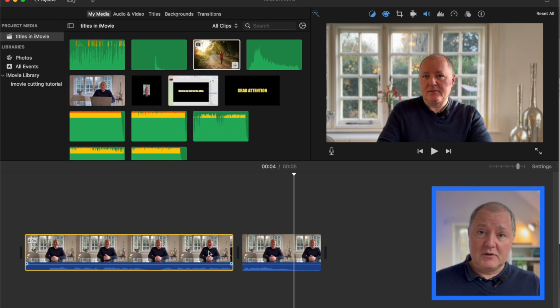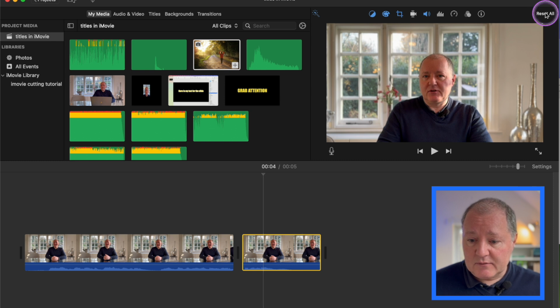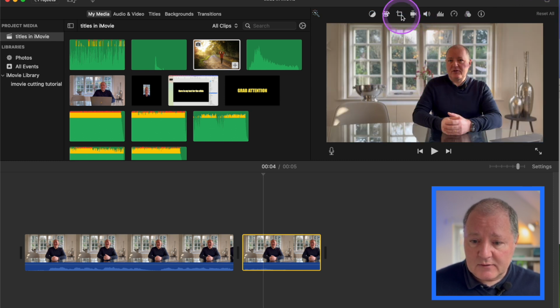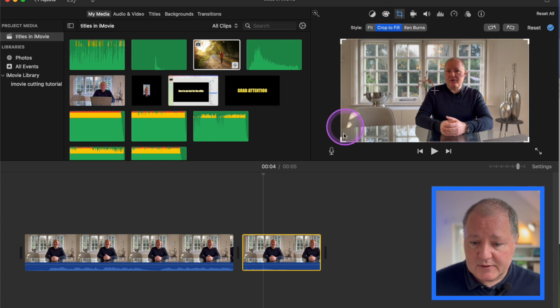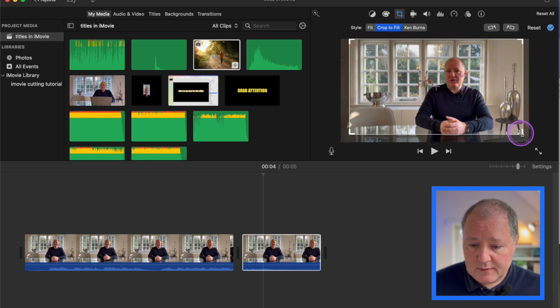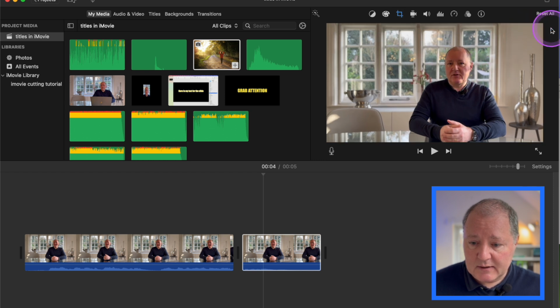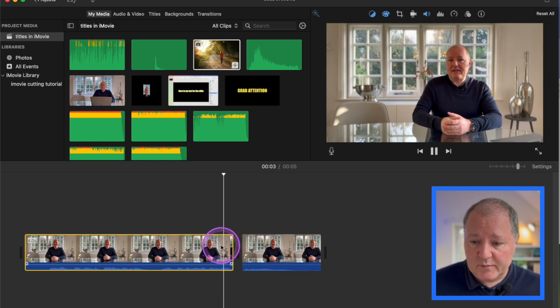So what you don't want to do is do a very significant zoom in all at once. You want to zoom in a little bit, just for emphasis and to hide the fact that you've cut at that point. So I'm going to go back to the original there, and then I'm going to just crop it a little bit. Again, crop to fill. Just crop it a little bit. There we go. Try to make it even and try to keep myself in the same place in the frame. So I'm going to go from one to the other. It's just a small